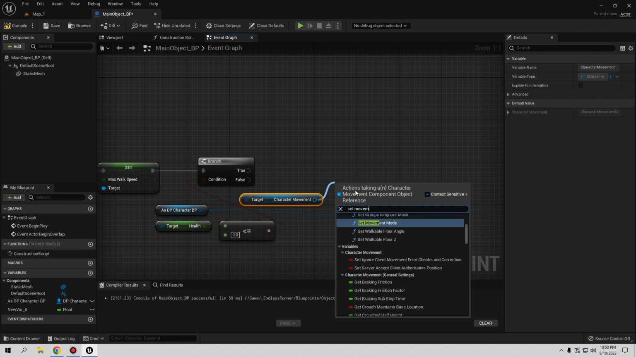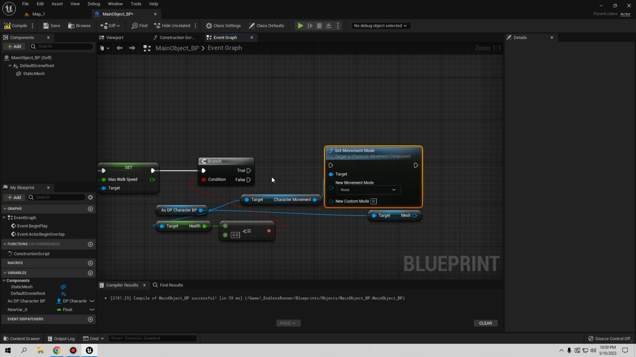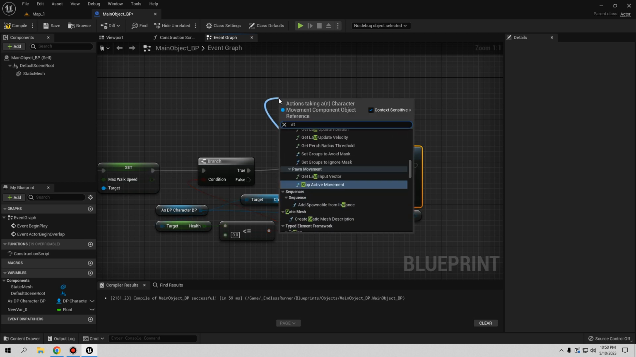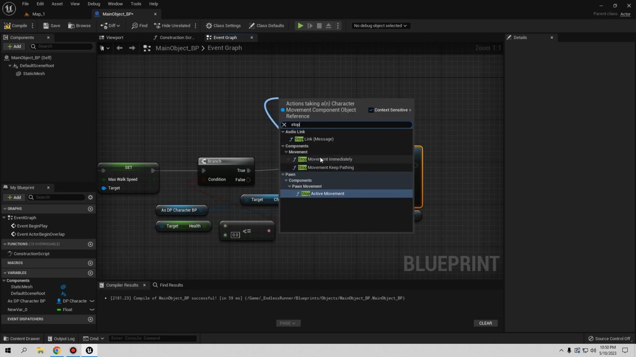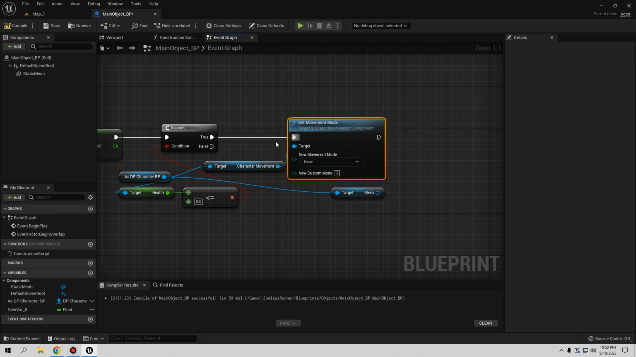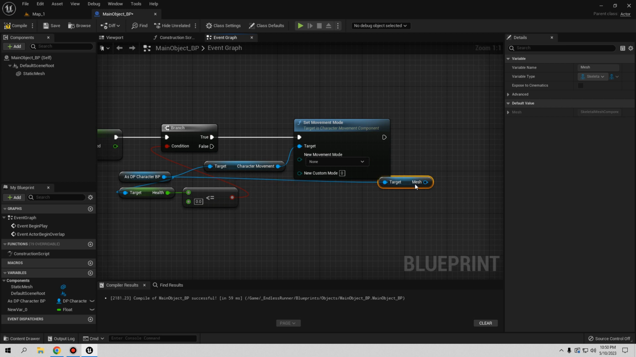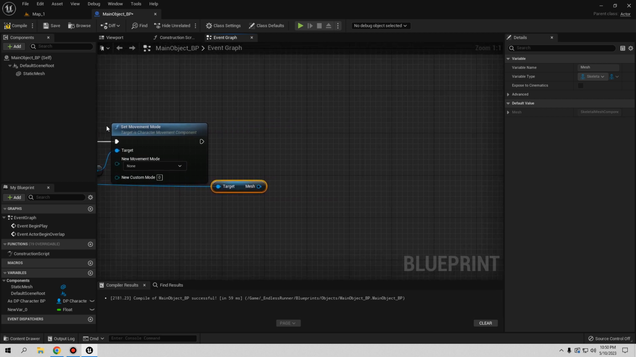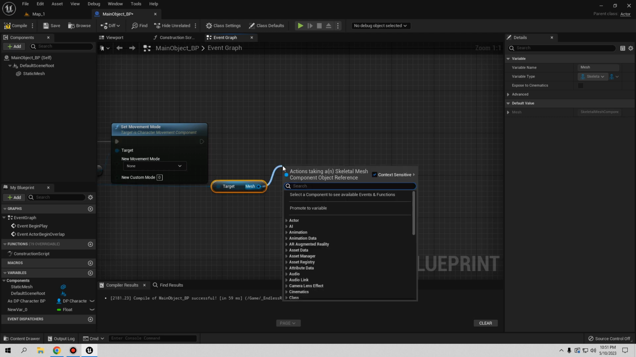movement mode to none. You can call another function, they call it stop movement immediately, but sometimes this is not working. I don't know why sometimes they don't want to work, but this one always works, so that's perfect. So let's go here, none. So after that one, we want to call the mesh. I have my mouse here. Okay, so the mesh, we want to